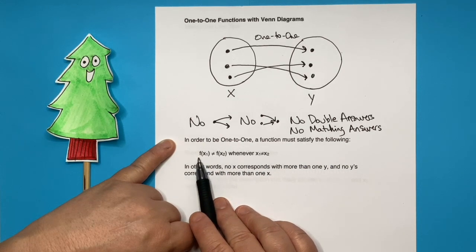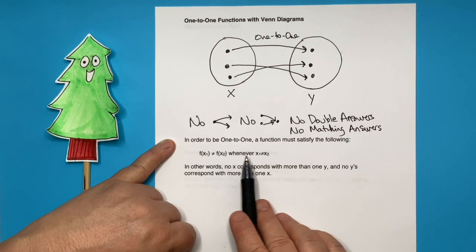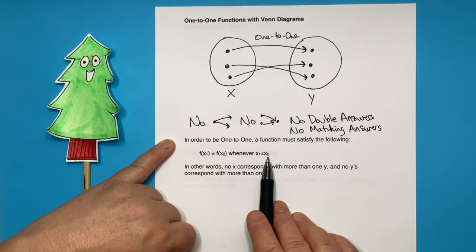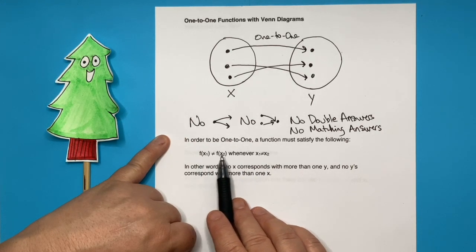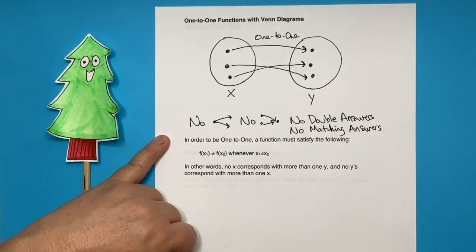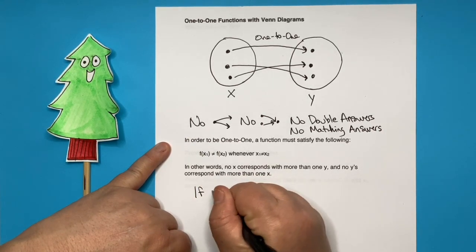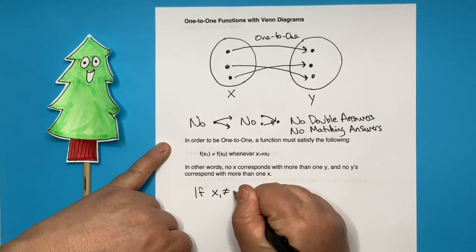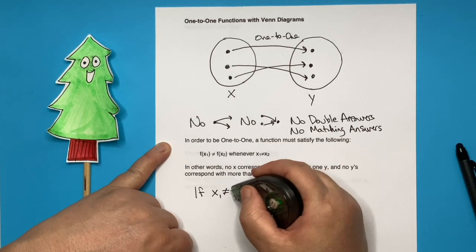If f of x1 is not equal to f of x2, then x1 cannot be equal to x2. And if x1 does not equal x2, then f of x1 cannot be f of x2. So what does that mean? So in other words, if x1 is not equal to x2,